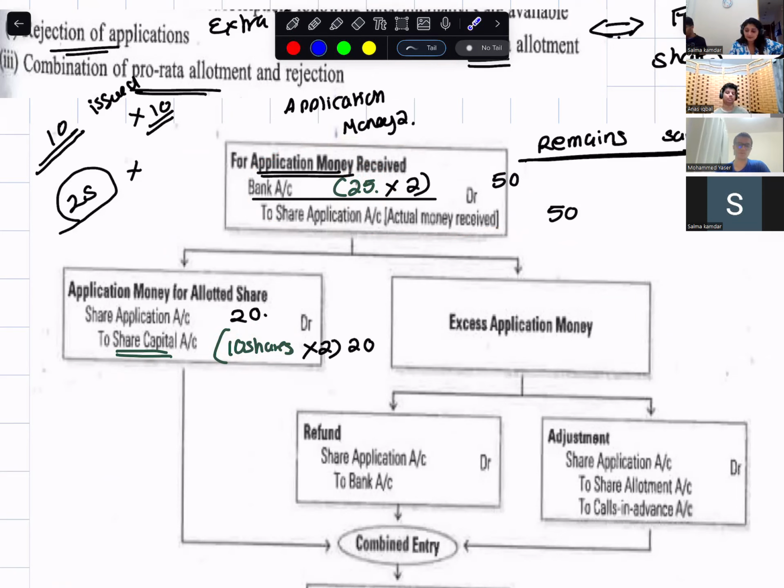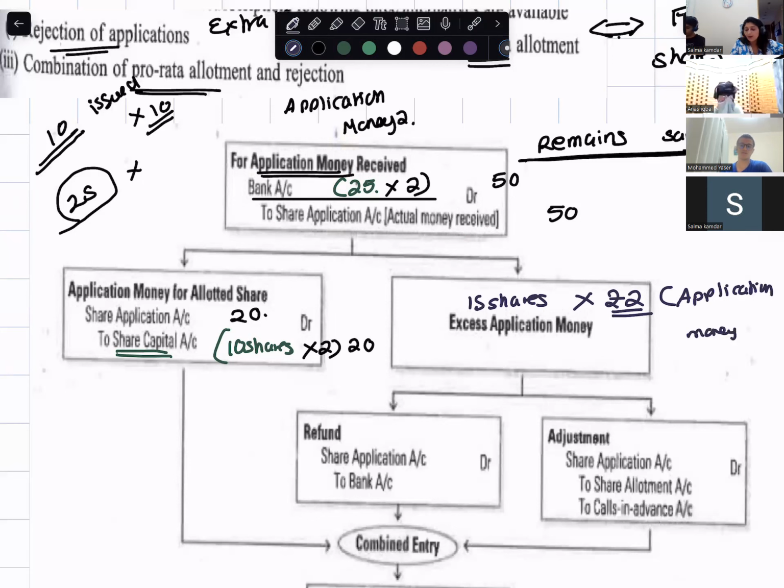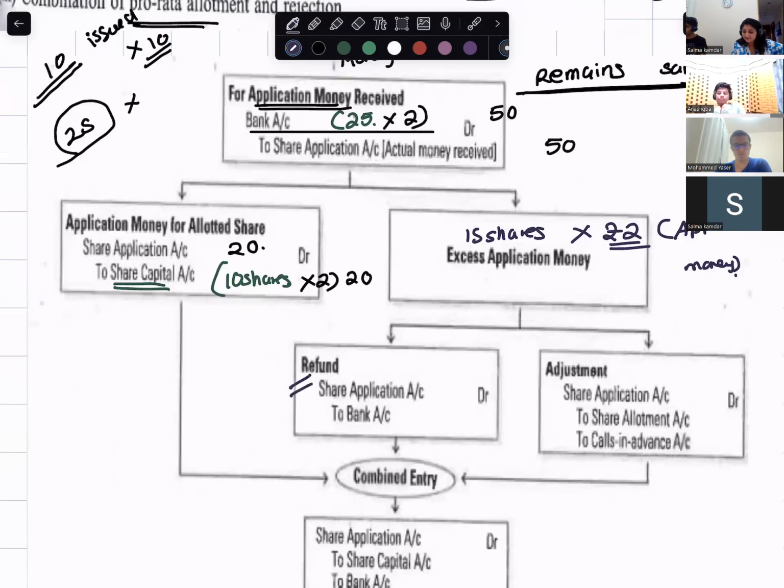Excess money for 15 shares. How much rupees have I received? 15 shares at Rupees 2 application money, that is 30. Are you with me? Yes, ma'am. What I can do for this is I can either refund it